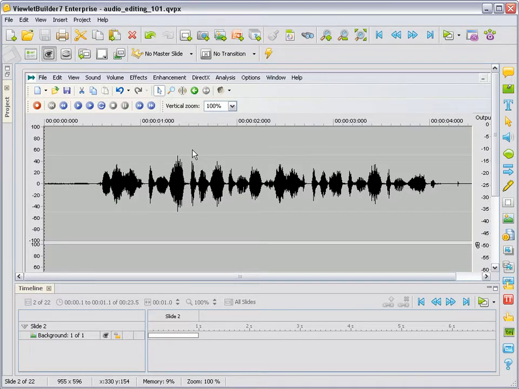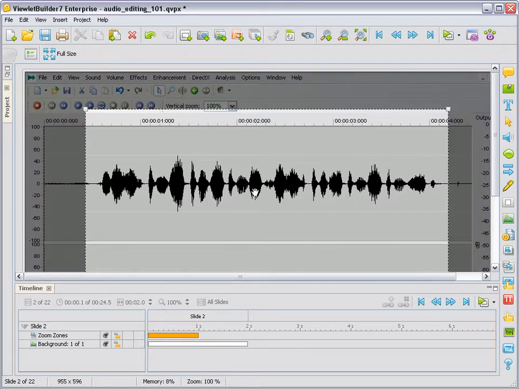Let's take a look at some of the basics of working with zoom zones in your Viewlet Builder 7 project. If, for example, you want to zoom in on an area of your slide, you can use the Zoom Zone tool to do this very easily. Right now, we have just the single slide here with a background image on the slide. And we can come over here to the Objects toolbar and click the button that will add the zoom zone